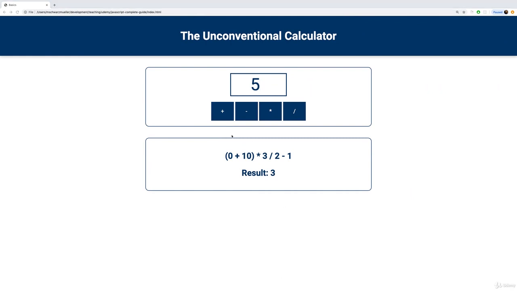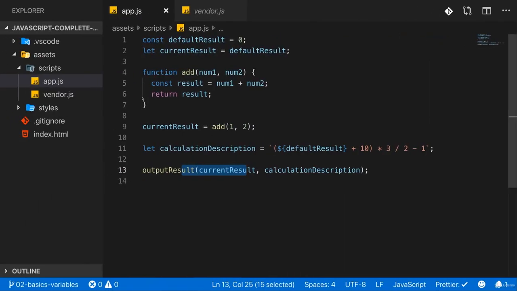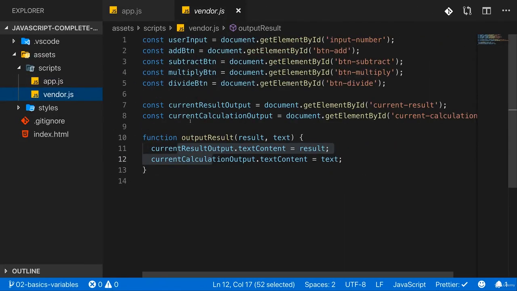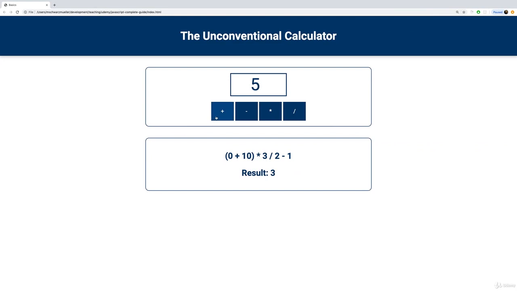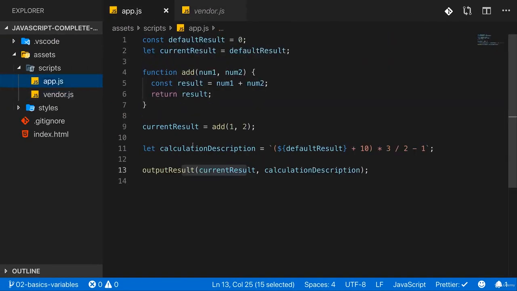We don't really know how to interact with the HTML page because that's a bit more complex, and I'll have a whole module where we dive into all the depths of this. For now, we can take something from the vendor.js file. We can take this add button, which at the end is a reference, a pointer at this plus button we have here. So in app.js, we can use that